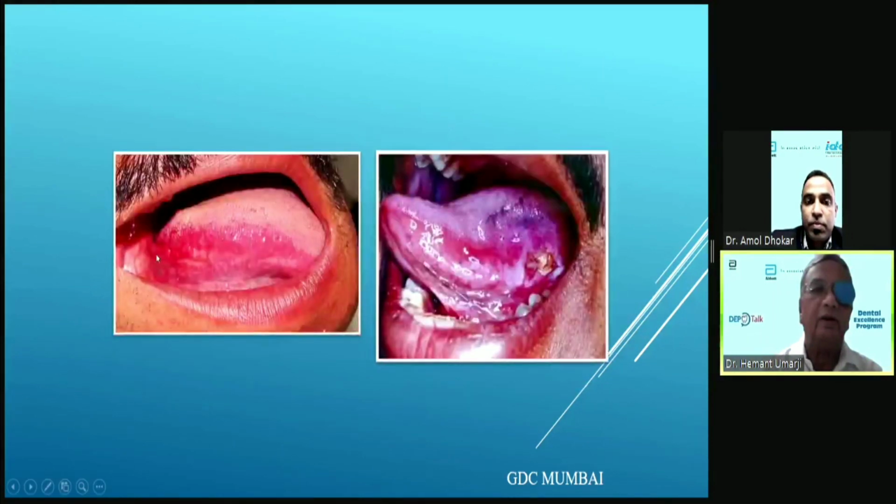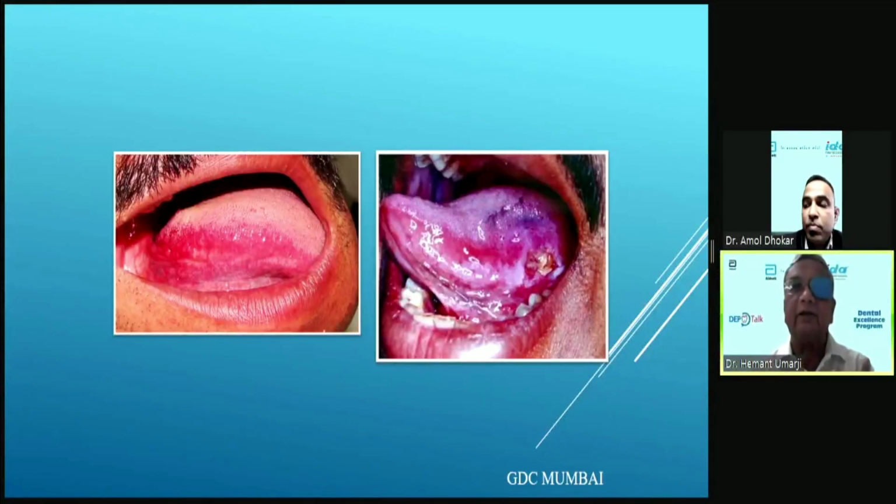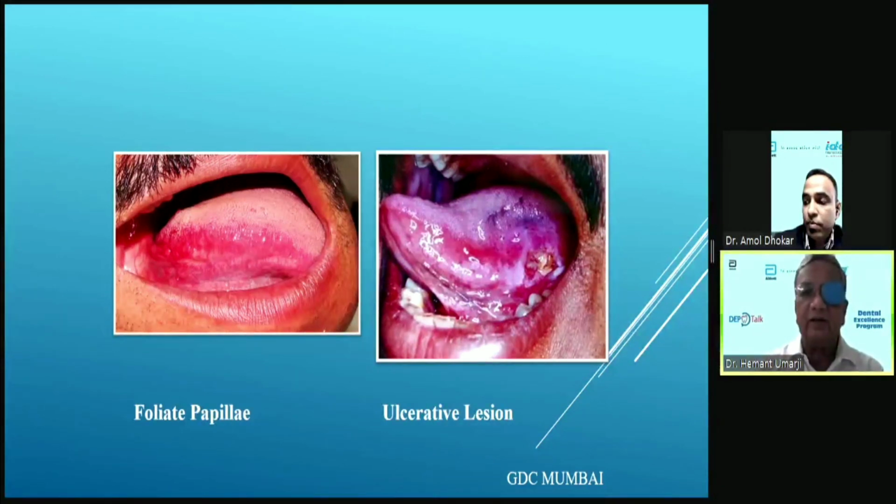On your right side, you have the tongue. Sometimes the patient looks at his tongue in the mirror and sees some red leaf-like projections, and then he takes out his tongue, it abrades against the lower 7 and 8, and it starts becoming painful. So he keeps on observing his tongue. That is nothing but the foliate papillae. The foliate papillae is a normal appearance, and it may look red, and the patient may get worried and develop cancerophobia. But on the other hand, on the right side, you find an ulcerative lesion, which may be traumatic or maybe malignant also. So you have to differentiate between normal and abnormal. Okay. So one is a foliate papillae and the second is the ulcerative lesion.